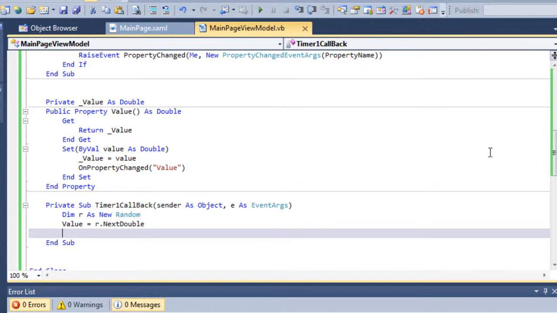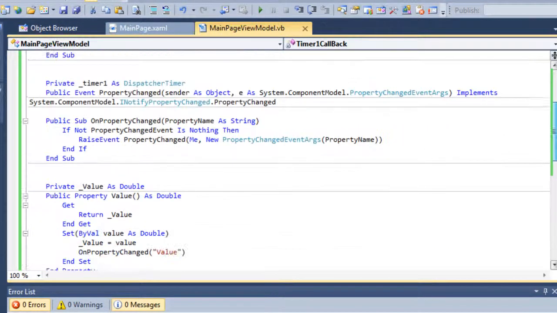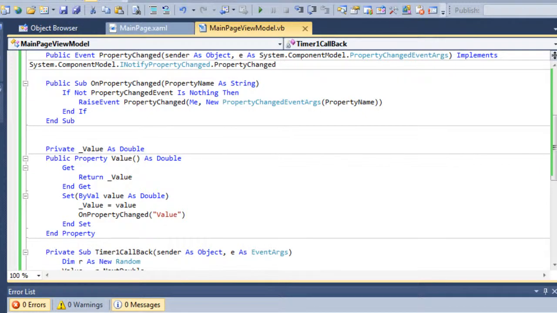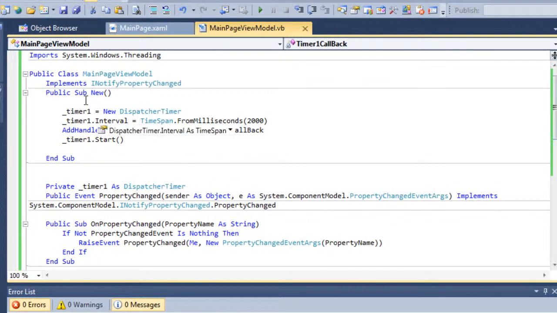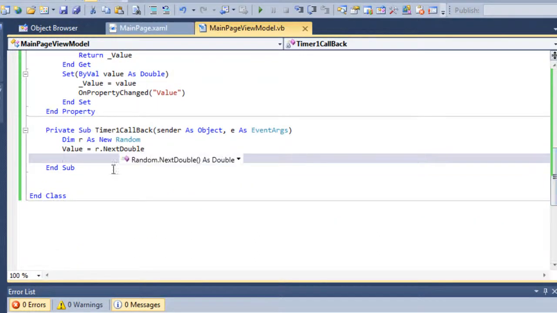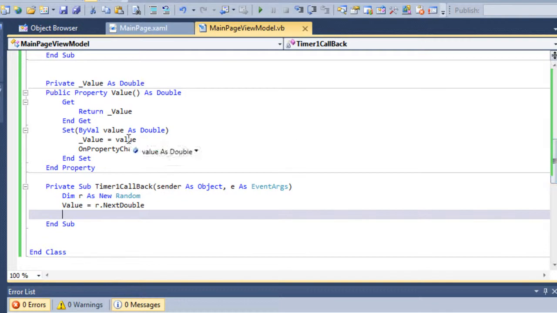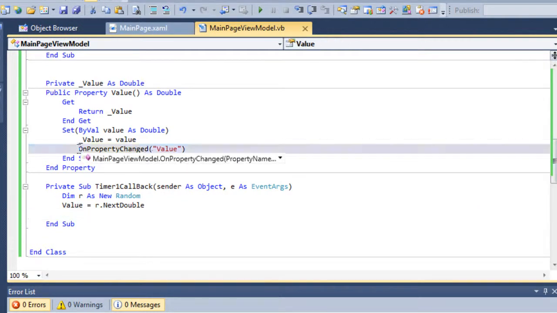Okay, so what I am doing is basically I'm creating a property here. This is Value, and I'm adding a DispatcherTimer, this timer1, and I have set the interval to 2 seconds, and I have already added a handler to the tick event. So after every 2 second interval, this subroutine timer1 callback will be called. And in the timer1 callback, we are updating the value of a property named Value, and on this property we have already implemented OnPropertyChanged.